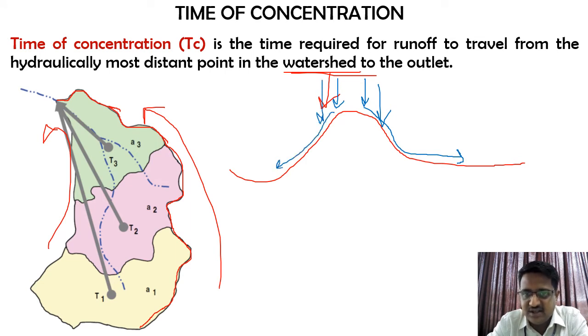Okay, so there will be a point in the middle beyond which, to the left, the water will go to one side, and to the right, it will go to the other side. So this point, or else the imaginary line that differentiates the distribution of runoff water from one catchment area to the other catchment area, you are going to call as what? A watershed line.